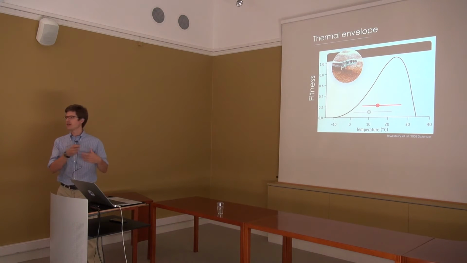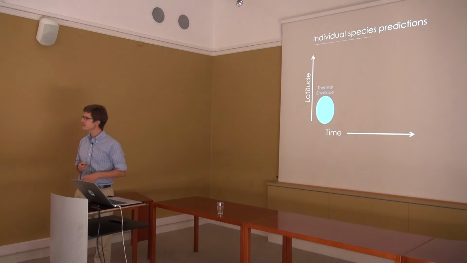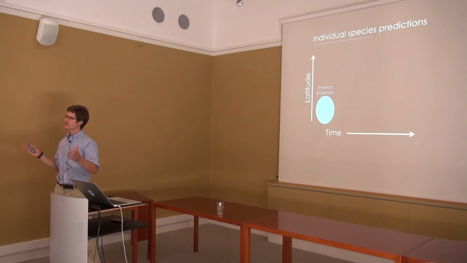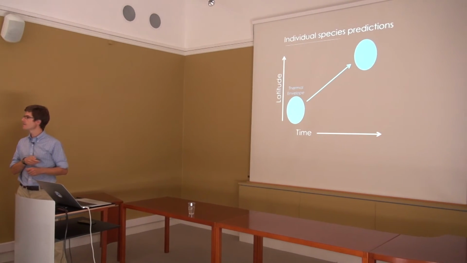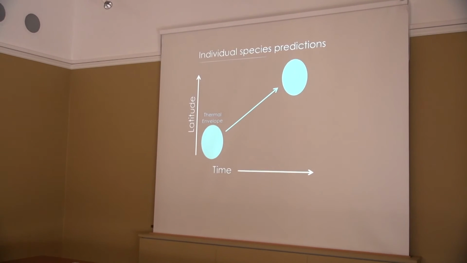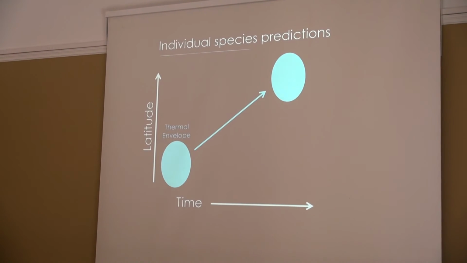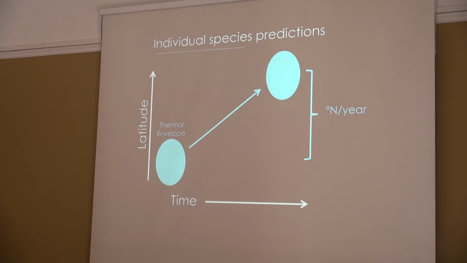They've been a useful way to think about physiological responses to temperature across a wide range of ectotherms, a wide range of cold-blooded organisms, including lizards, but fish as well, and invertebrates. What we did was we used these surveys to define the thermal envelopes for the species that are caught, and then tracked through time how those thermal envelopes, not the species, this is just the temperature that is suitable for each species, moved through time. Did it move north, move south, and how fast? And then we compared that to data from the scientific surveys to understand whether species actually moved north or south and in what direction.